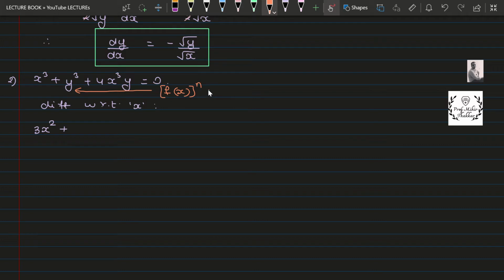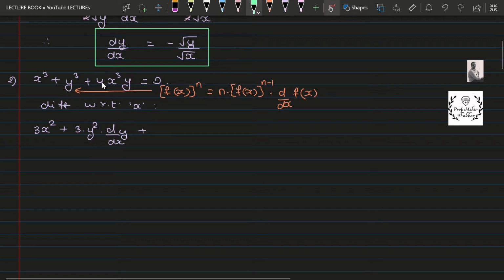Fx raised to n, the answer is n into fx to the power n minus 1 multiplied by derivative of fx, and because anything other than x is always fx, therefore y is also fx. So what I do over here is I consider 3 into y raised to 3 minus 1 multiplied by derivative of y, that is dy by dx, plus for the second term, in fact the third term, which is